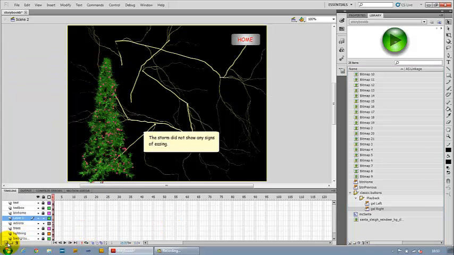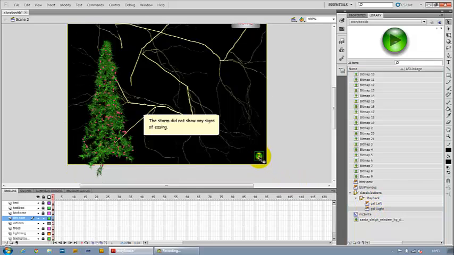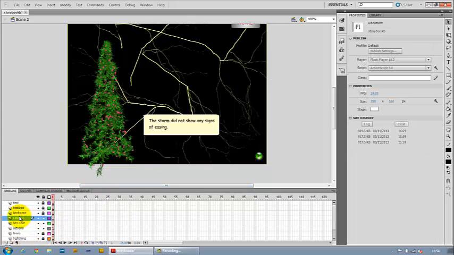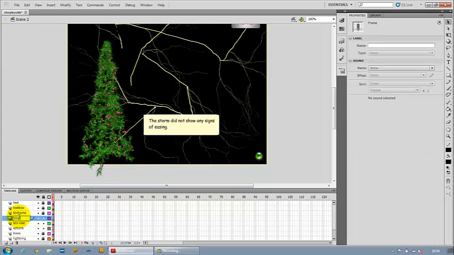Click on the new layer and I'm going to call it BTN next, which will go to the next scene, and then on the BTN next layer I'm going to drag across my instance of the gel right button, and I'm going to give the instance a name. I'm going to call it button next, and then another layer for the other button, BTN previous,